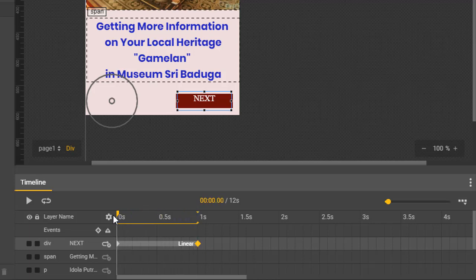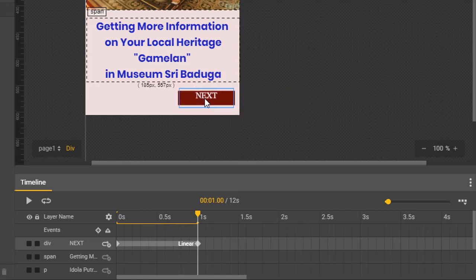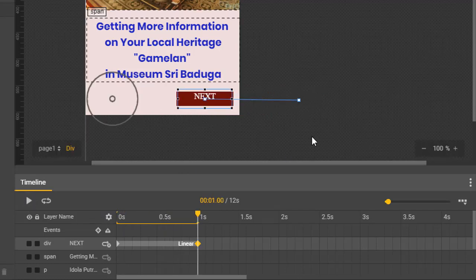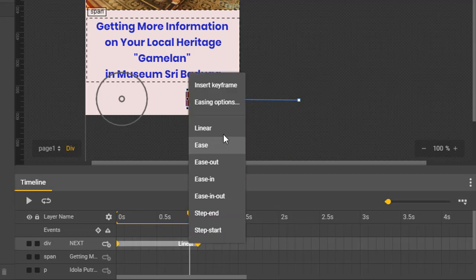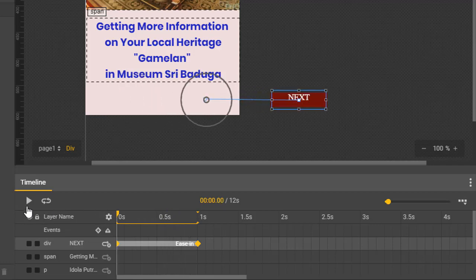If you want it from the beginning, from out to in, you need to drag the timeline and drag the button outside, and then put it again inside. So when you play, it goes like that.